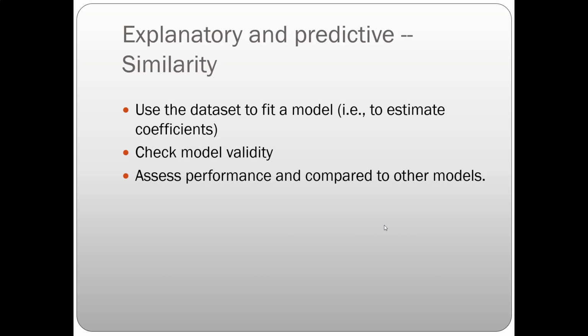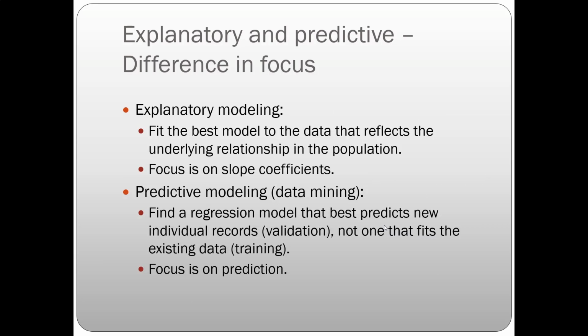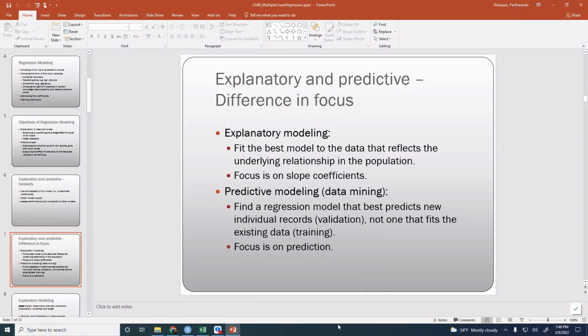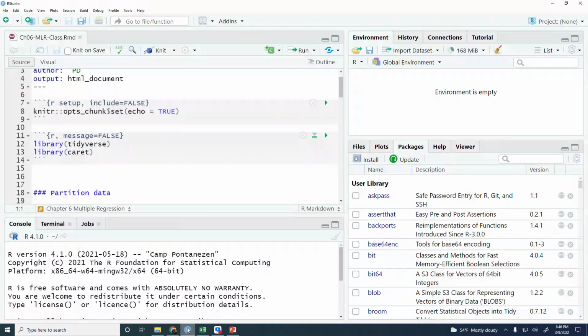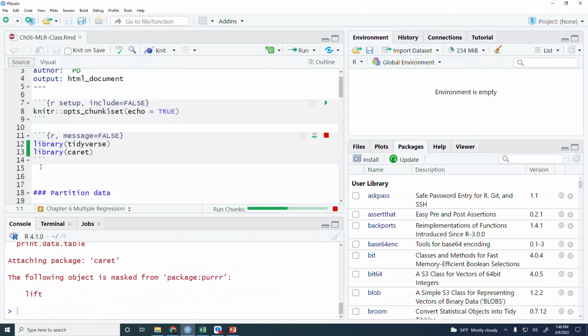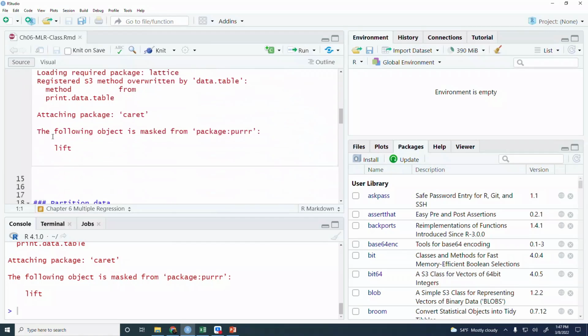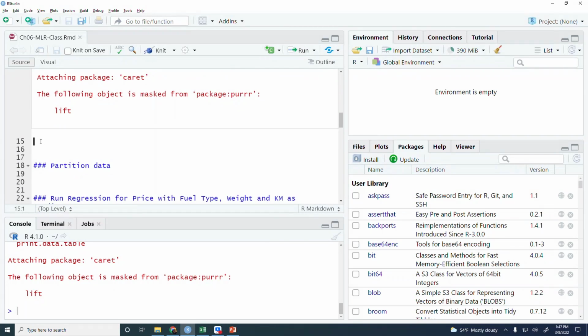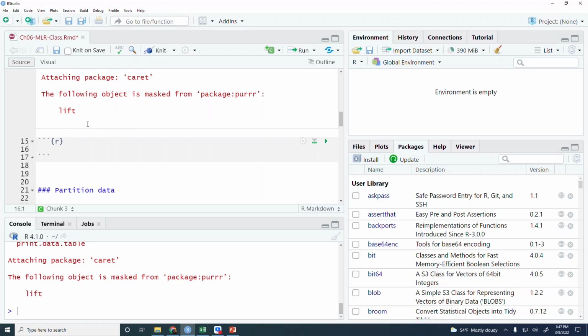Okay. All right. So let's look at how to run the model and how to do some analysis with it. So we start with these two libraries that I have set up in your shell file. Okay. And we're going to read the Toyota Corolla data in. Okay, so let's call it CARDF.